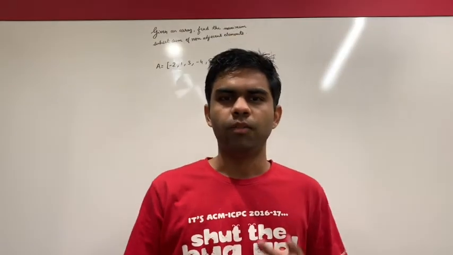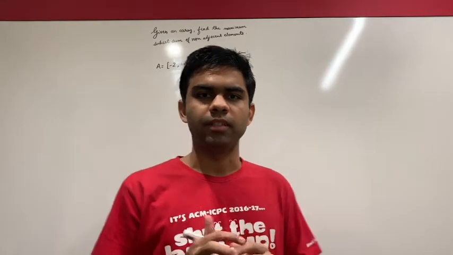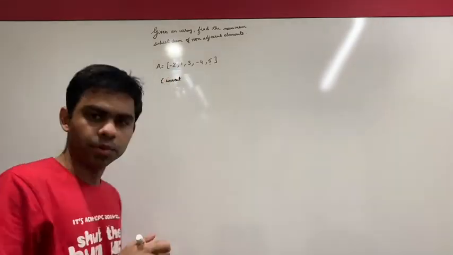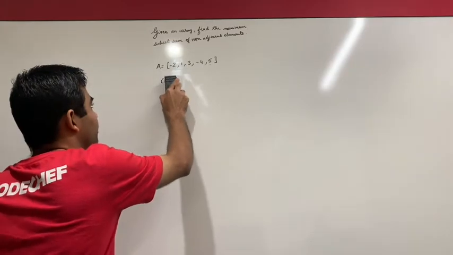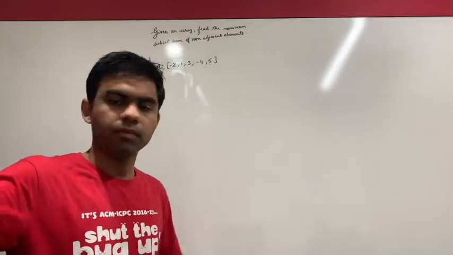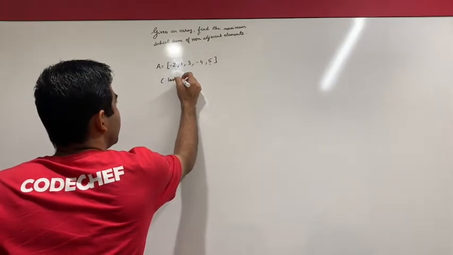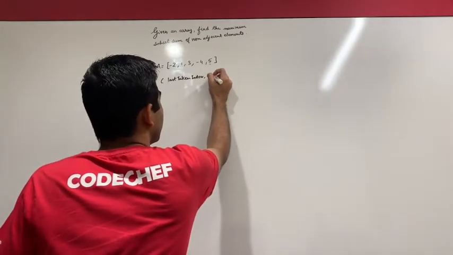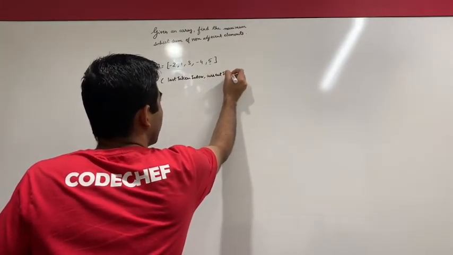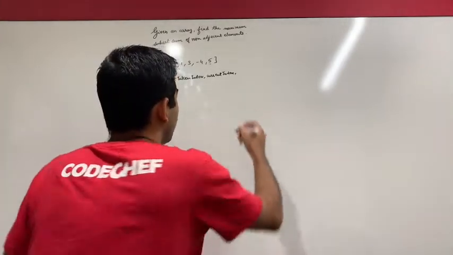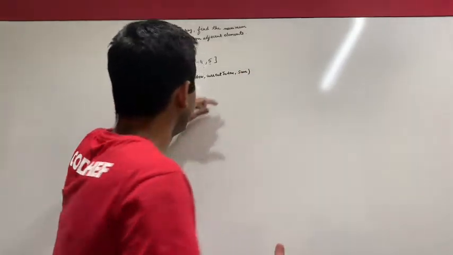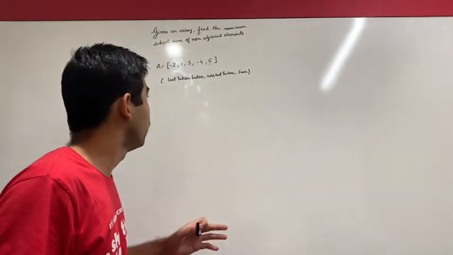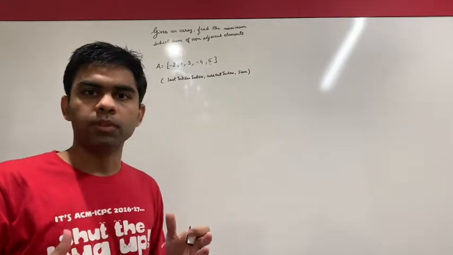So as discussed, to make any decision at a particular index, we need three values: the last taken index, the current index, and the sum up till now. I can make any decision based on these three values, and let's try to figure out what the decision tree for this brute force approach could look like.